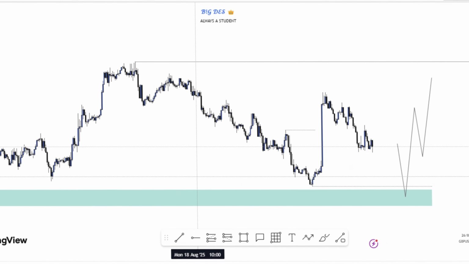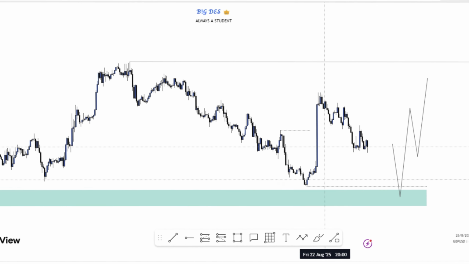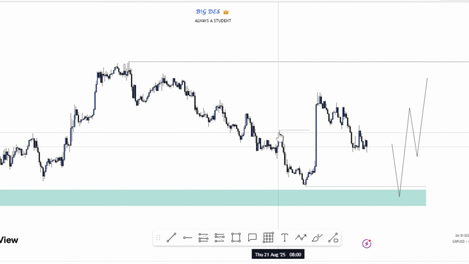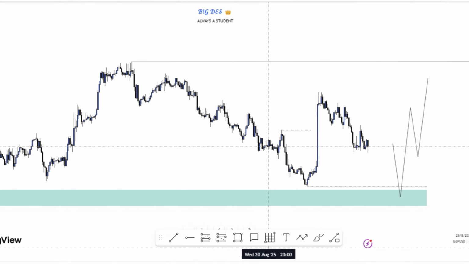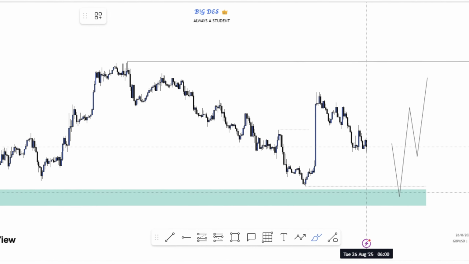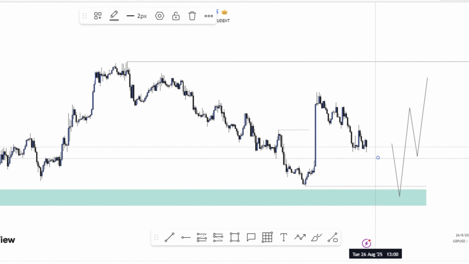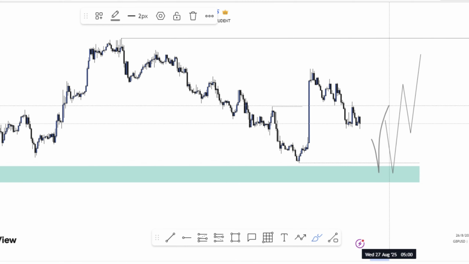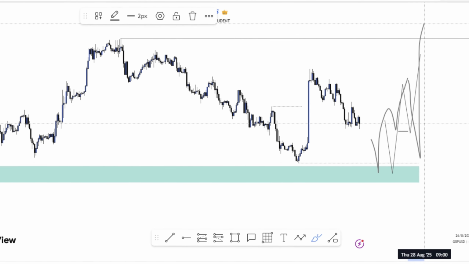GBP USD. Since we took our last 2 weeks lows, price has given us a break of structure above this high, which happened to be the high that sponsored the liquidity sweep over here. Now we want to see price come as low as this, taking everything out and then giving us a reason to buy. So this is what I'll be looking for now,